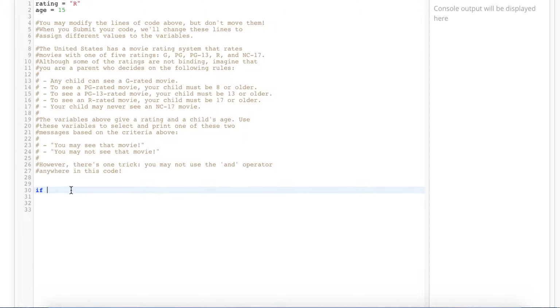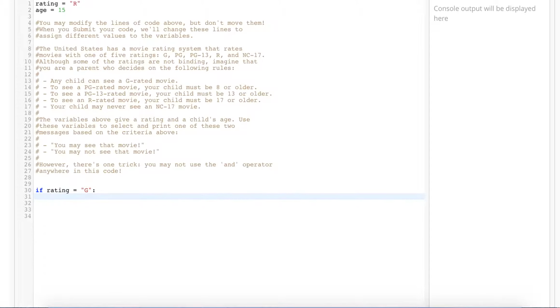So we can say if rating equals G. All right. Remember, in Python, data is case sensitive. So students have made small mistakes, minor errors, by putting lowercase letters where in fact it has to be the exact case, the exact way it's written in the problem. So if rating is equal to G,